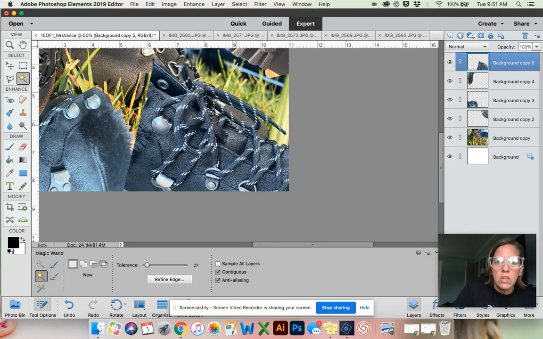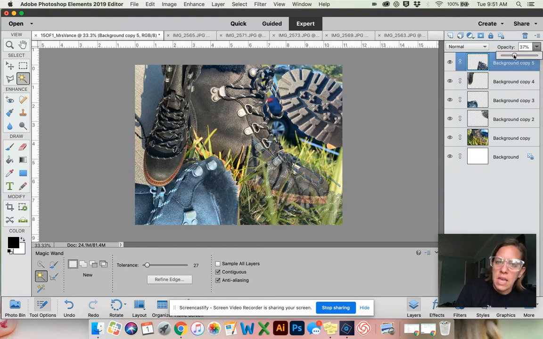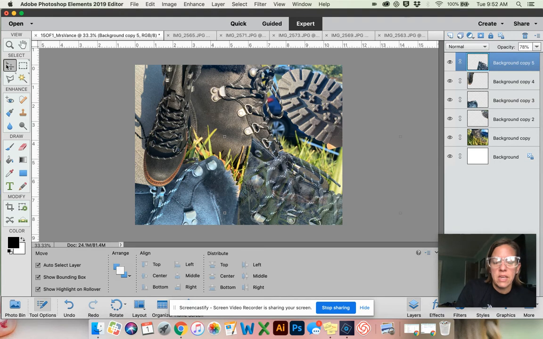All right. So now that I've gotten rid of the background for the most part, I want to do something a little different with this one. So with this layer, I'm going to come over here and I'm going to adjust the opacity. So the opacity only controls it on the layer that you're actually selected on. So I can physically just make it more transparent. So I'm going to get it to a point where I kind of like it. I'm kind of picky about it. I think maybe right there. Okay. So that just shows you that you can reduce the transparency, make something a little bit more see-through